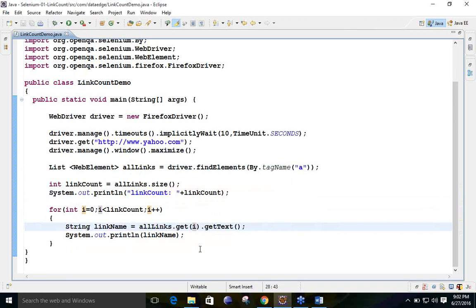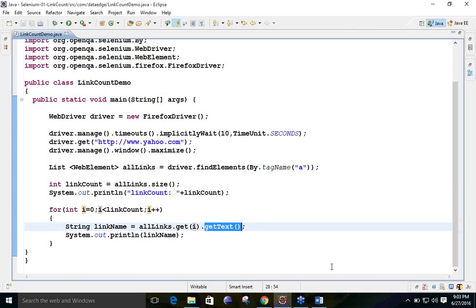Get 0 will be the first location, and getText is one of the methods which is used to print the value which is present at that location. GetText means it will print the textual value present at that location. Getting this one?